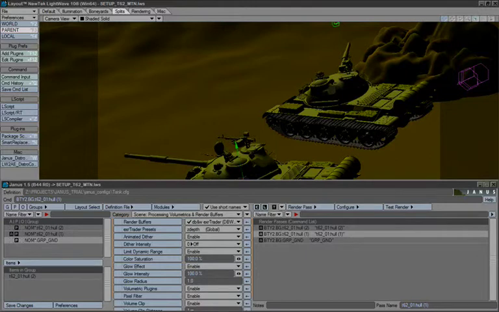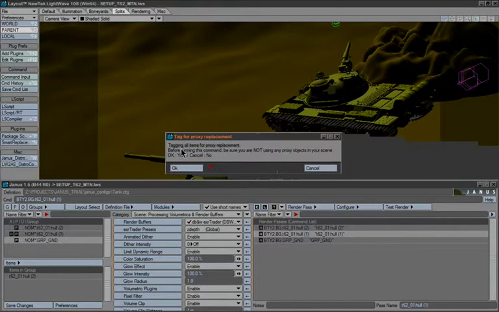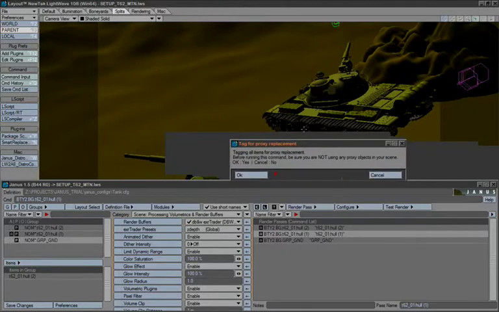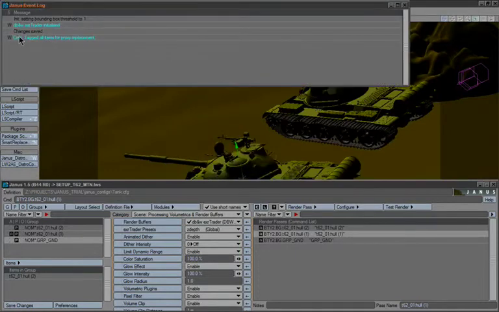Once I do that, I'll get this dialog saying tagging all items for proxy replacements. Before running this command, be sure you're not using any proxy objects in your scene. In other words, everything that's loaded in your scene must be in their actual state. If there are already existing proxy objects, maybe because you've been using the smart replace system, make sure that they're all in their meshes, that nothing is replaced as a null, because this process will record all of the file names. So I'm going to hit OK, and it starts tagging,